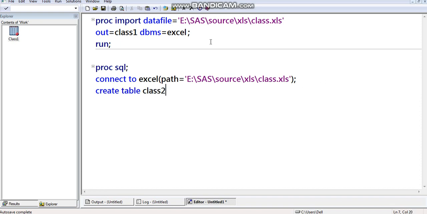It's an output data set again. Just like I mentioned here, class1 is output data set. Here class2 is the name I am using for the output data set. If I give the same name, it will automatically go and replace the previous file. So I am putting some other name, class2. Create table class2 as select star, which means all, from connection to Excel,